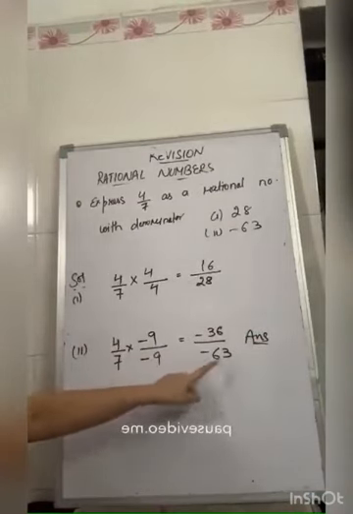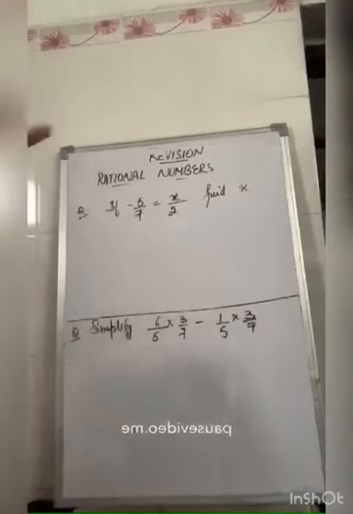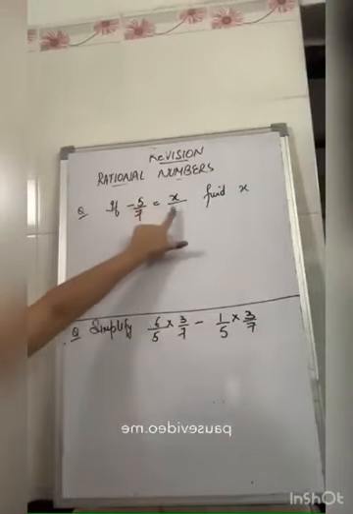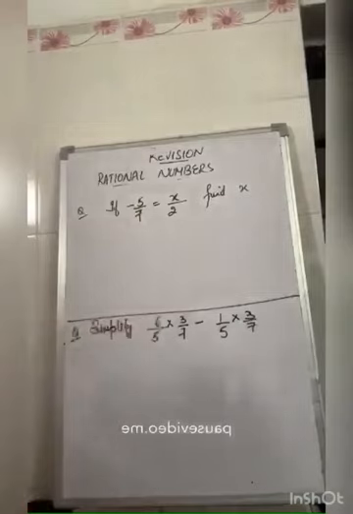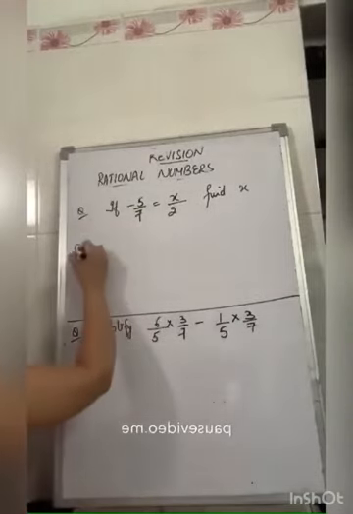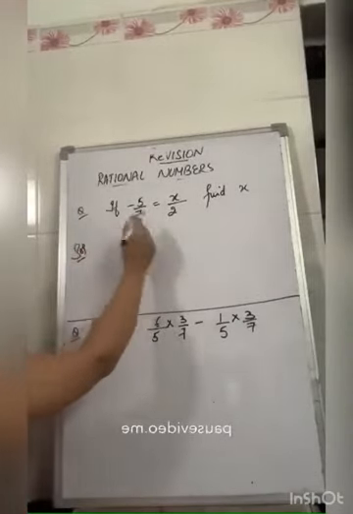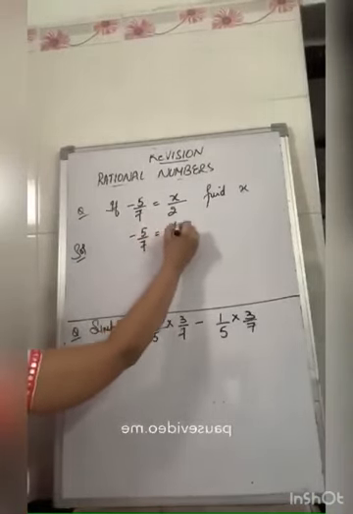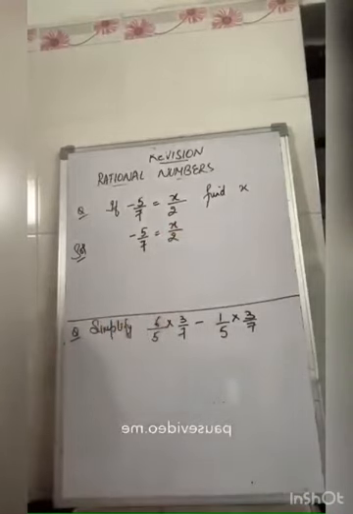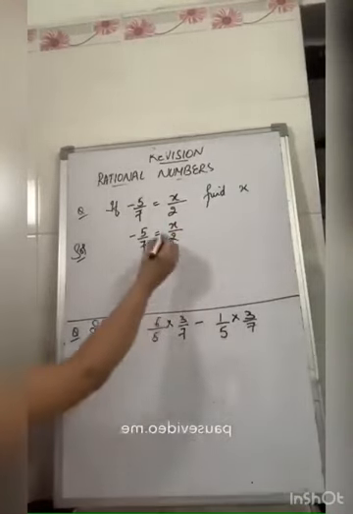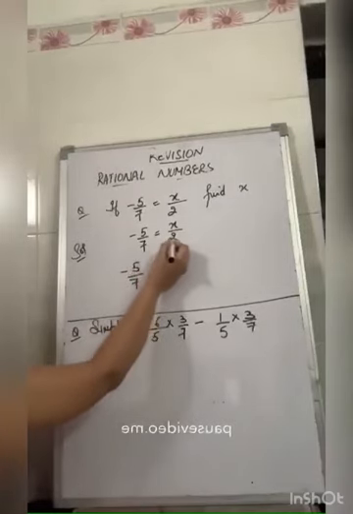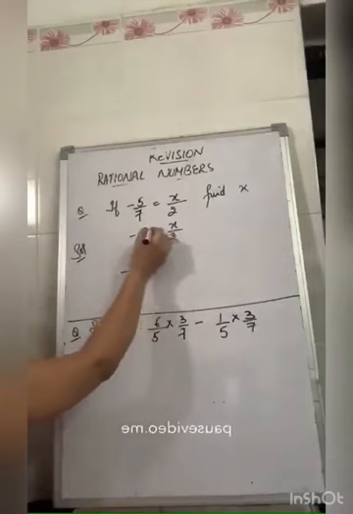Now beta, come to the next question. If minus 5 over 7 is equal to x by 2, find x. Now, how to find the value of x? We have minus 5 by 7 is equal to x by 2. Now we have to find the value of x. What we will do? We will keep the x at its place and we will cross multiply. We will take this 2 in the denominator on the other side.